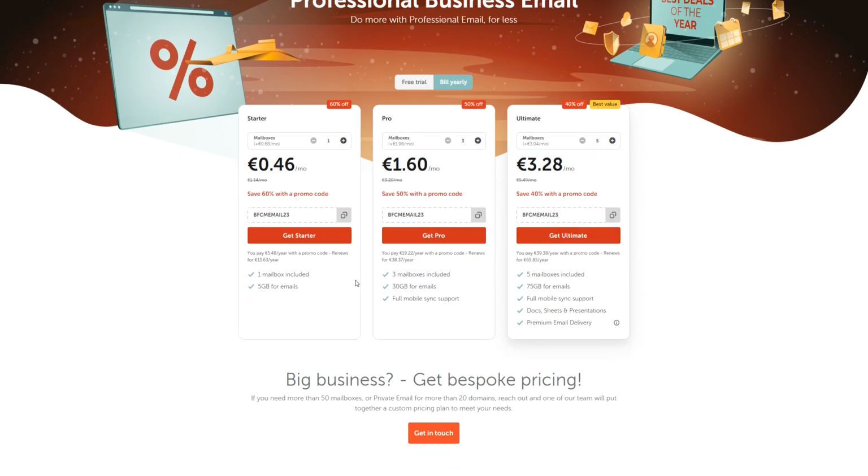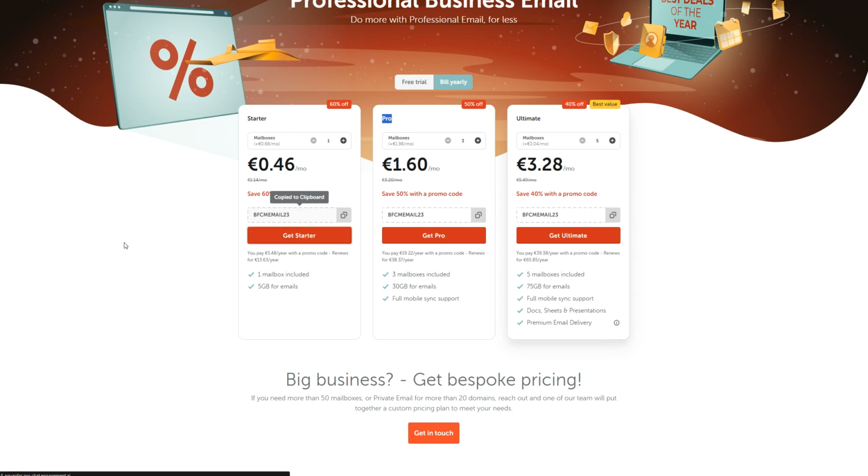If you feel that you're going to be using these heavily, well, probably the Pro with 3 mailboxes with 30 gigabytes for emails is going to be cool. If you feel like you need more than that, 5 mailboxes in this one's going to be better. Okay. If you just need one for support@yourdomain.com, then you can also go for this one here. Okay. For this example specifically, I'm just going to be using the starter, but you can create any of the other ones. So what you want to do is you want to copy this if you have this stuff and